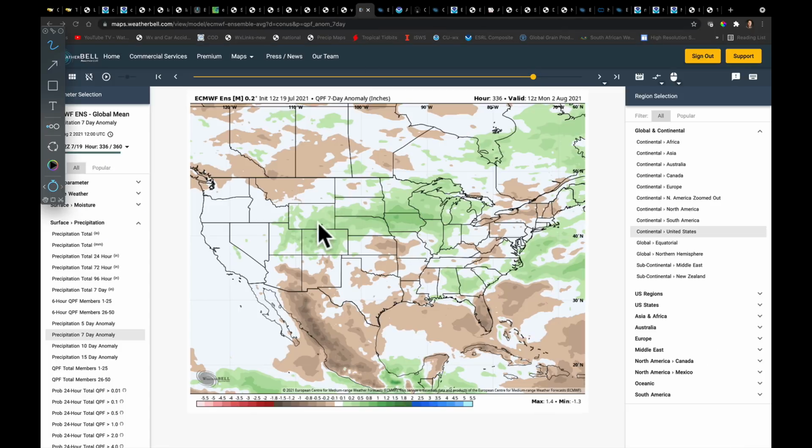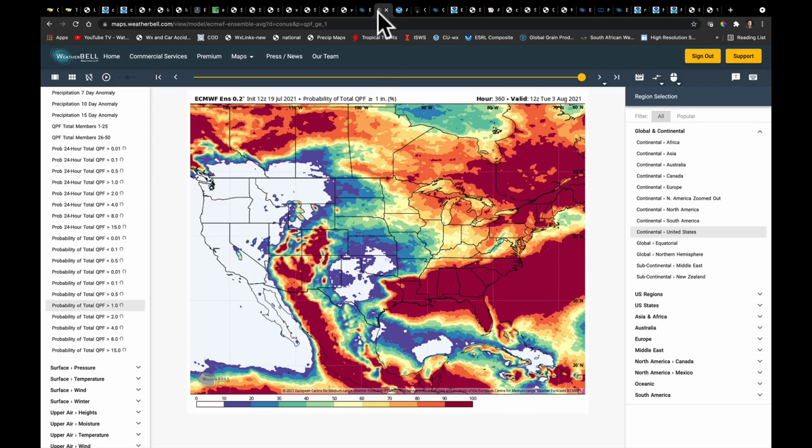You see, the European model also has that same area, if you just look here, running around the northern edge of that ridge, showing up wetter. Notice that? So the high pressure cell is sitting here as we go into week 2. But the European does have wetter conditions in parts of Alabama, Georgia, through the Carolinas here. But again, no tropical systems in the near-term forecast. I'm going to show it to you one last way before we talk about the tropics, and that is just